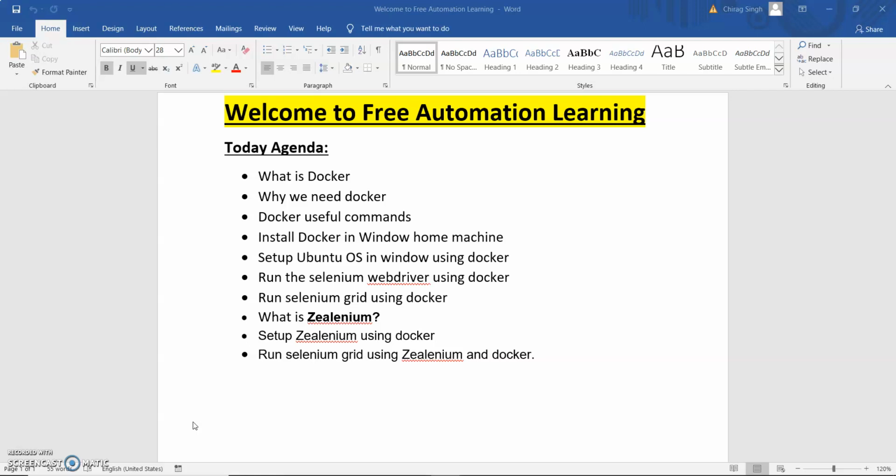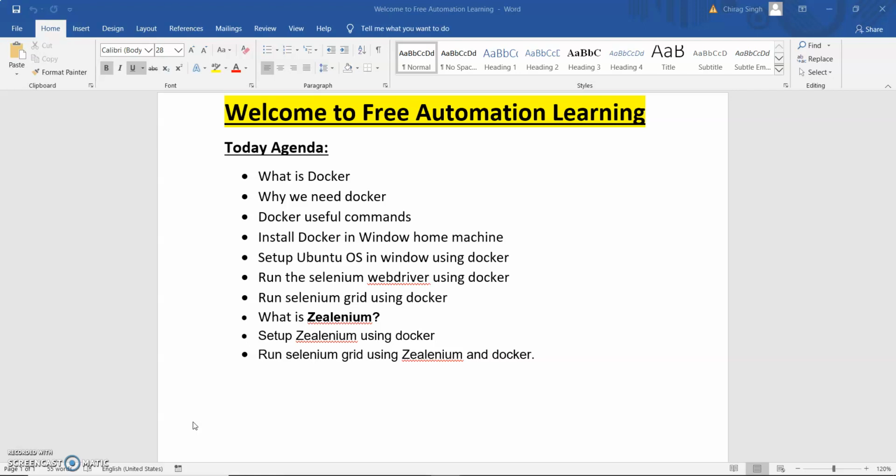Apart from these things, we will also discuss how we can build our images, what images are, what a container is which is used in Docker, and how Docker is different from a VM. So we were using VMs a few years back. Currently some companies are using them today also, but how the picture has changed and how Docker came into the picture. So what is the advantage of Docker, why companies started using Docker, and how Docker is used in automation,